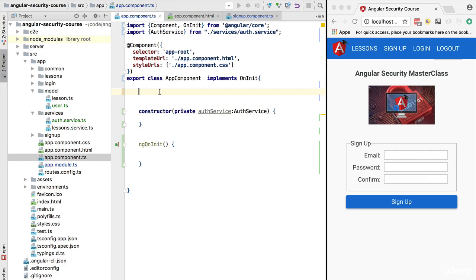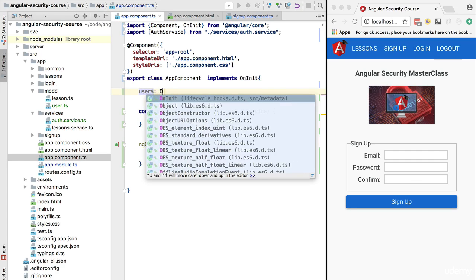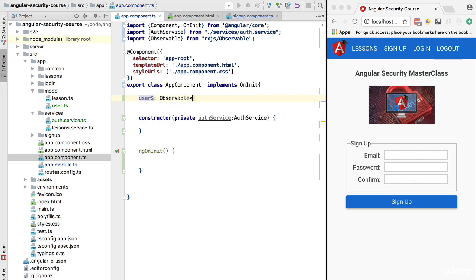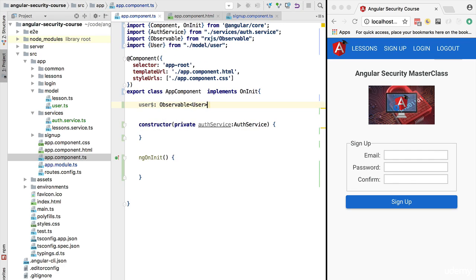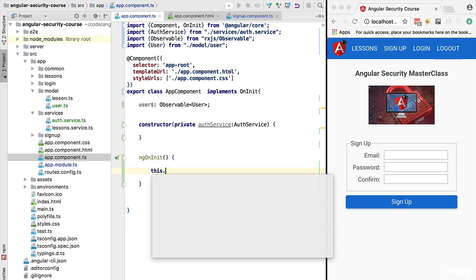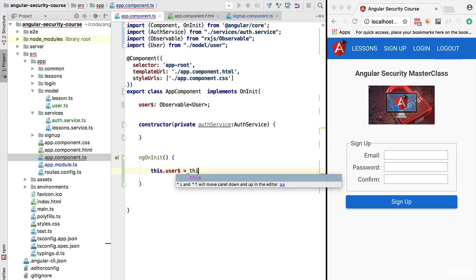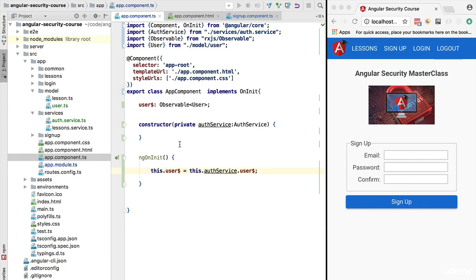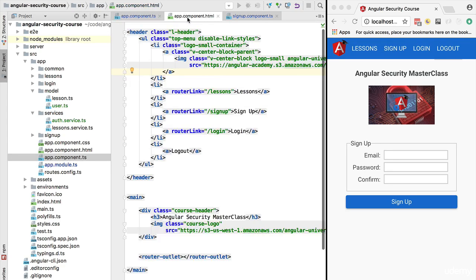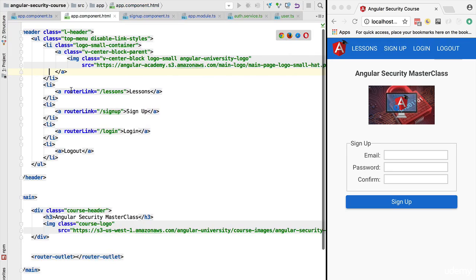Let's define here a member variable. We are going to call it user$, so this will be an observable of user. And with this member variable in place, we are going to initialize it here in ngOnInit. We're going to say that this user observable variable is identical to the variable that is available via the authentication service. Now, having this observable, we are going to go here to the template and we are going to use